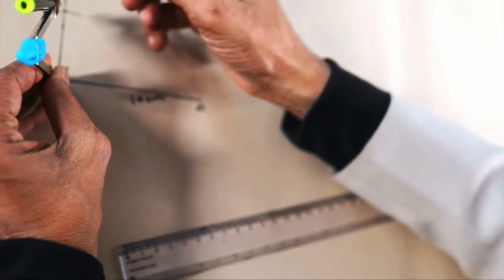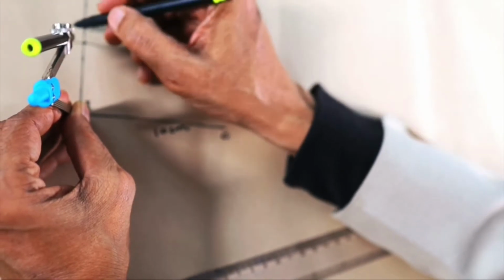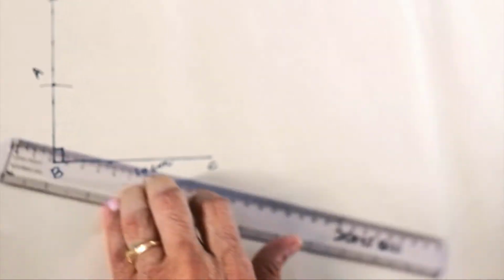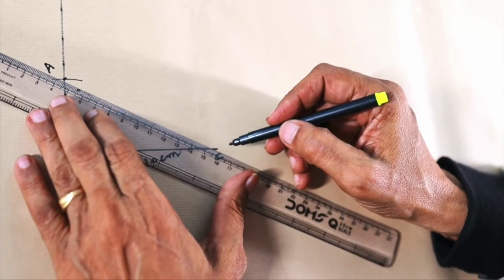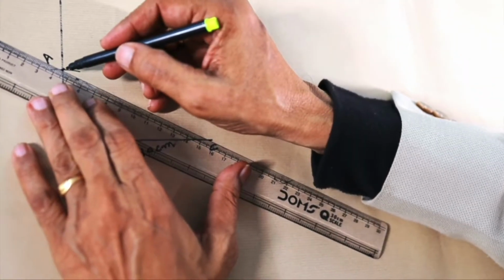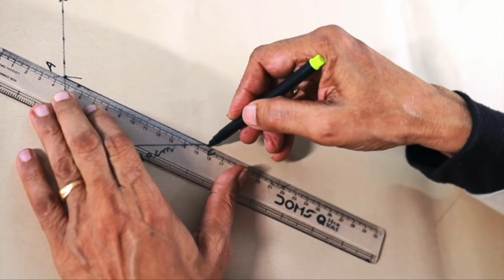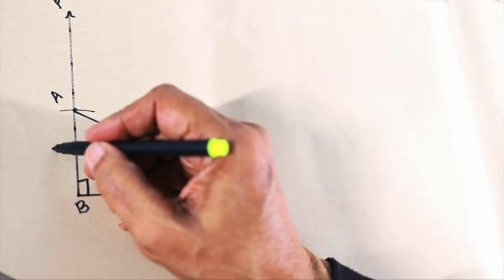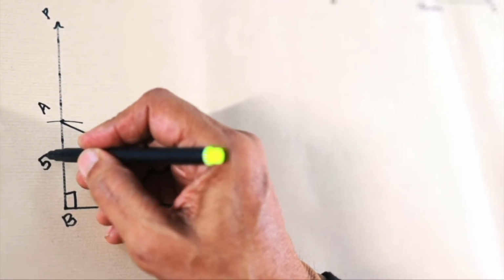It will cut at this point. Let us note down this point as the point A. Okay, now join A and C. This is the hypotenuse and this is in fact the right angle triangle ABC, in which the side AB is